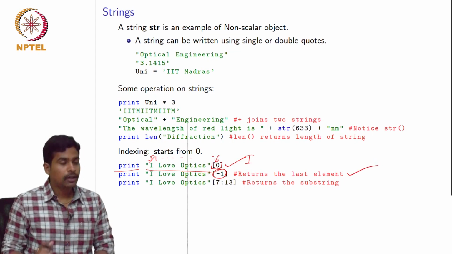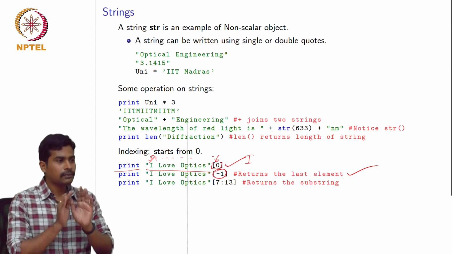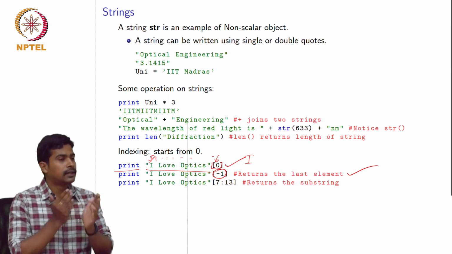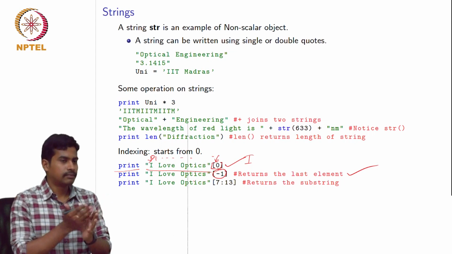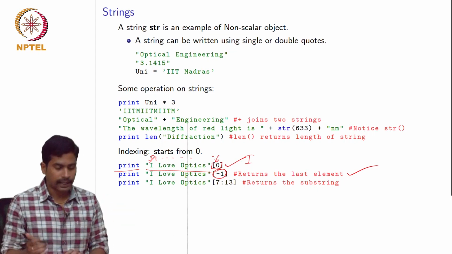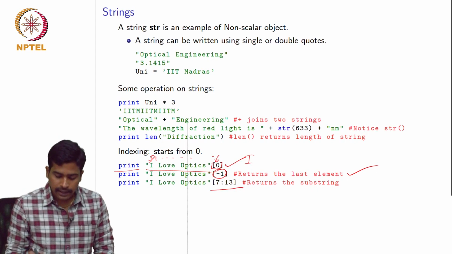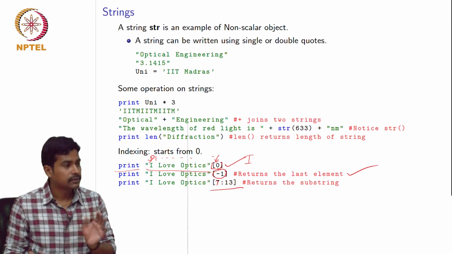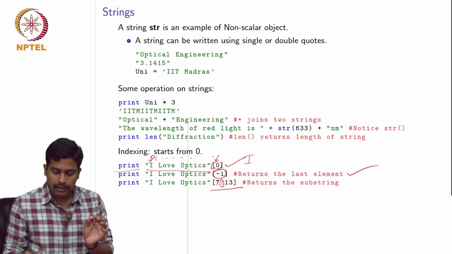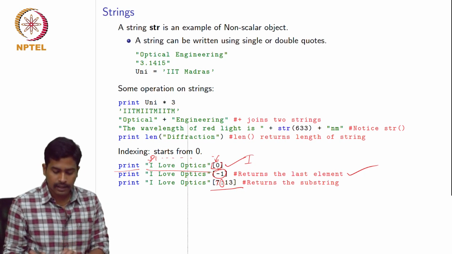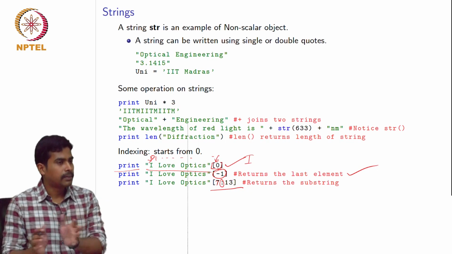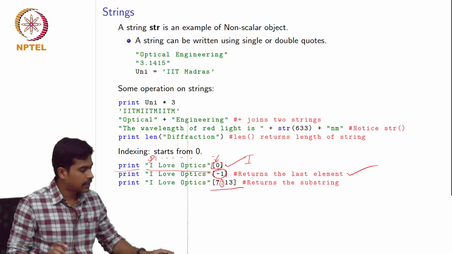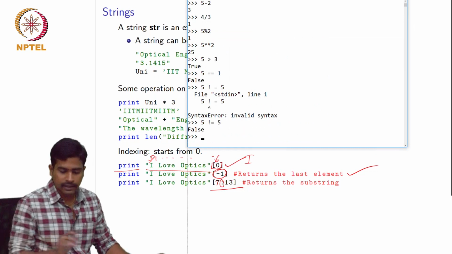Okay. You can also index a group of characters, like the 7th to 13th or the first to 5th character, using this command. Here you use the starting index and then use a colon and the last index. So here the 7th to 13th characters will be printed at the output. So now let us try some of these in the Python shell.